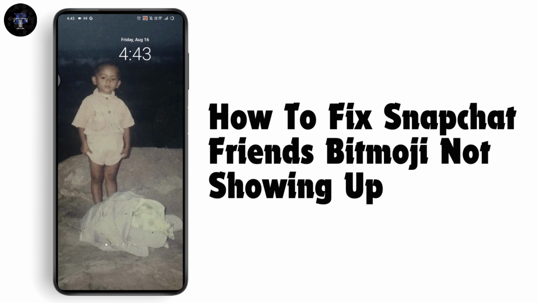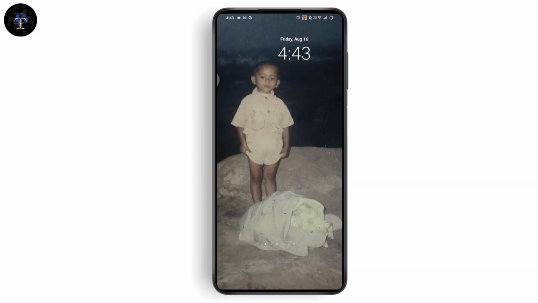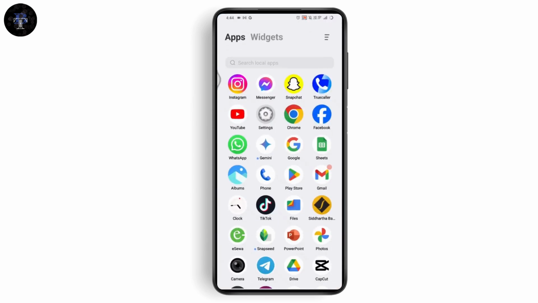How to fix Snapchat friends Bitmoji not showing up. If you want to fix the Snapchat friends Bitmoji not showing up, then you simply need to check your internet connection, because if you don't have a stable internet connection, then you will face this kind of problem. So check your internet connection, and if you have a stable internet connection, then simply go